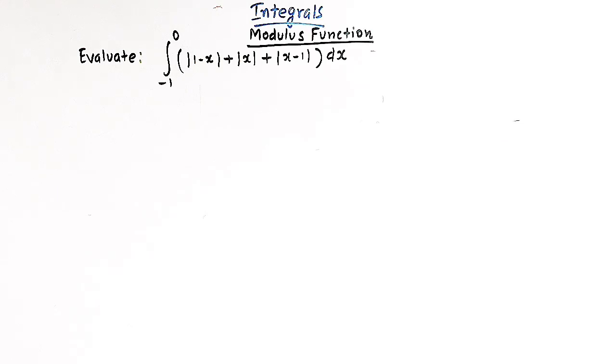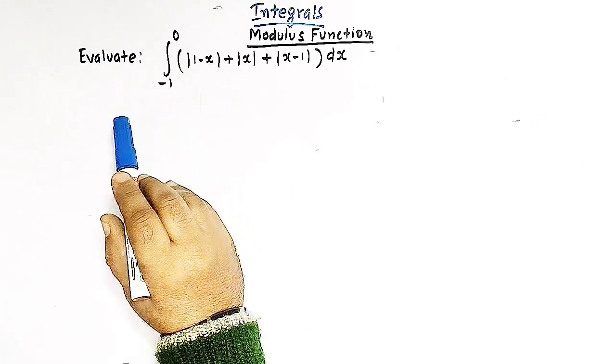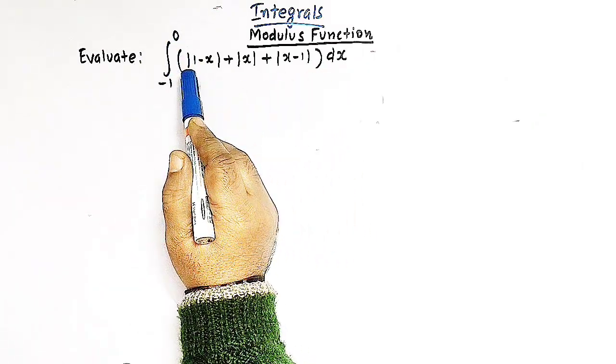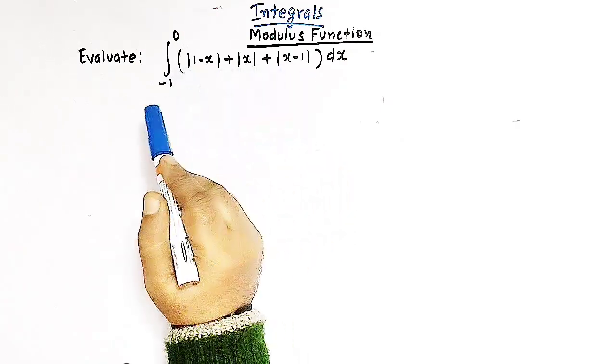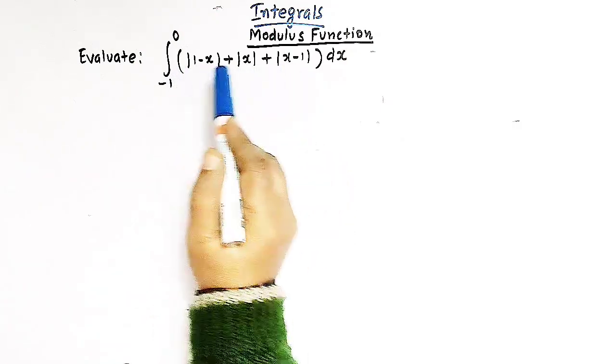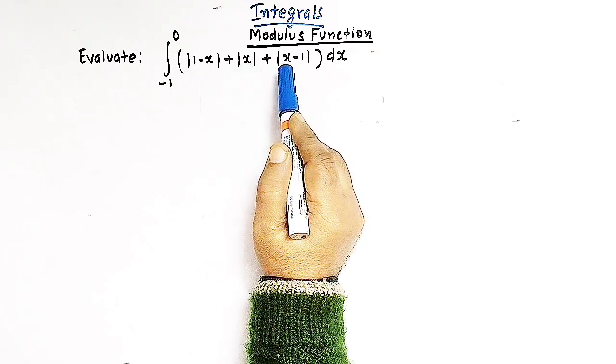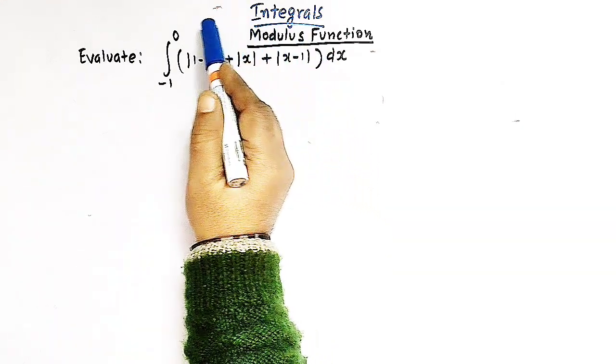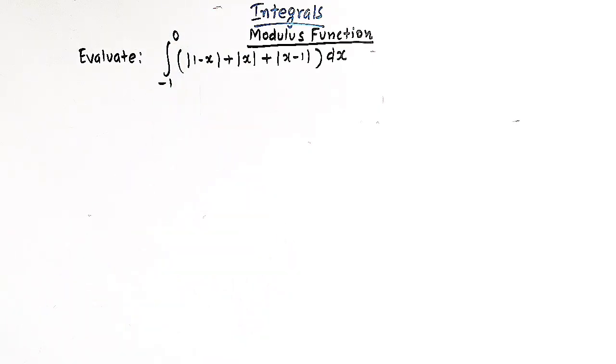Hello viewers, in today's session we are going to discuss an important conceptual problem from integrals involving modulus function, and here we have to evaluate this integral that is from minus 1 to 0, and the integrand is the sum of three mod functions, that is mod of 1 minus x, then we have mod of x and mod of x minus 1, right? So now in order to evaluate this integral, we have to make use of the concept